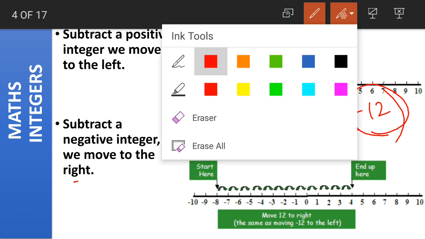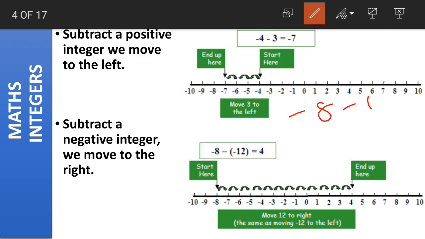Here look at this. Minus 8 minus of minus 12. Now look at this, we are having this bracket here and we have a sign before this bracket and we have a sign inside this bracket. We have to multiply those two signs. Minus into minus gives us what? As both are minuses, we get the plus